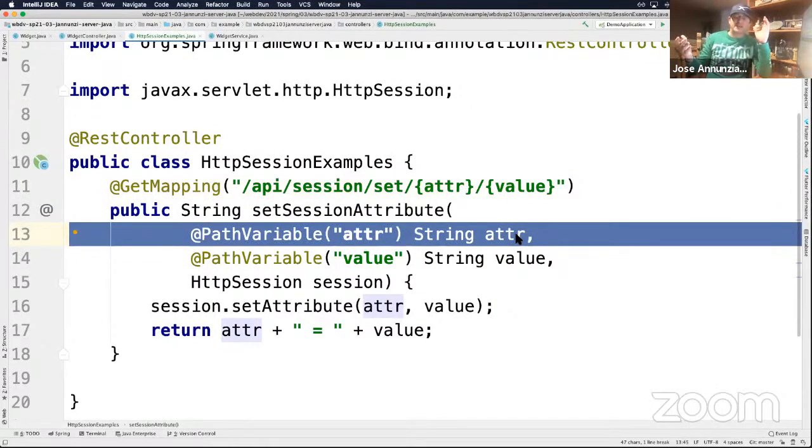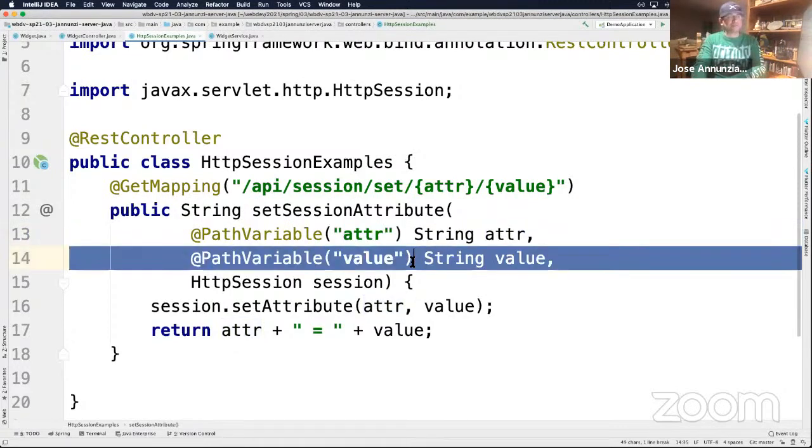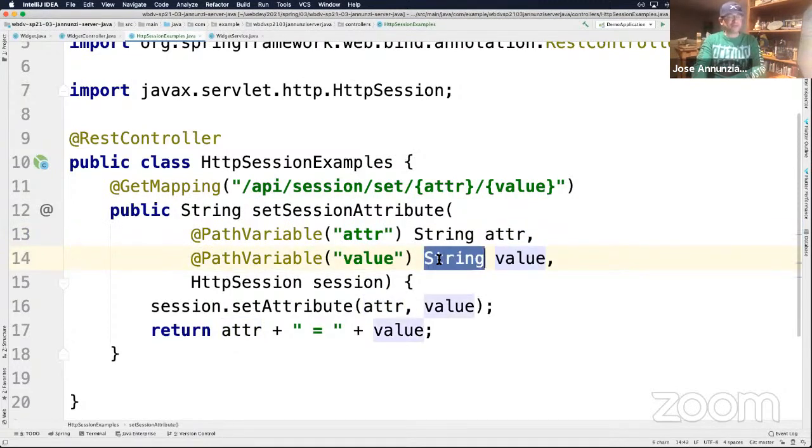It's treated like a dictionary, like a map, right? Where the key is a string, but what you store in that map could be anything. For now, we're just going to store strings. We're going to store a value, which is a string, but it could be a shopping cart. It could be anything, right? So the way it works is that